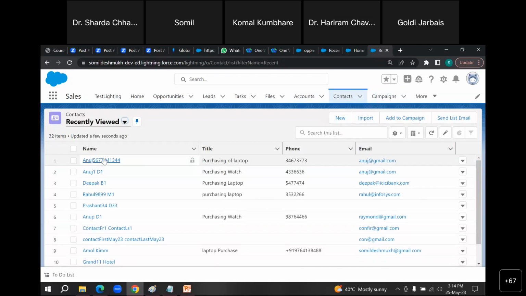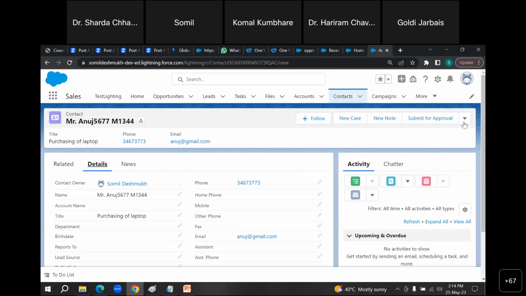The contact would be added like this. To link a contact with the opportunity, you have to go with a campaign only. In that campaign, you can add an opportunity and you can also add a contact.